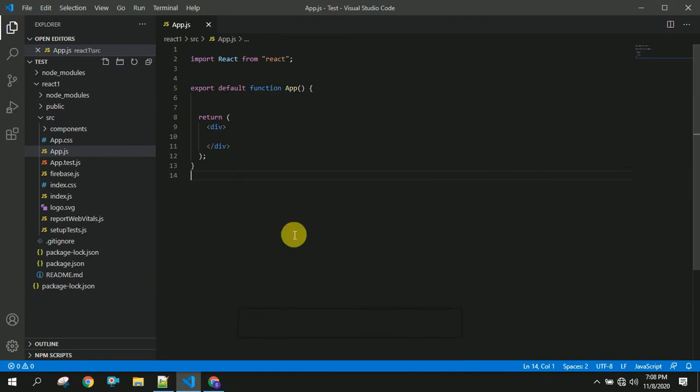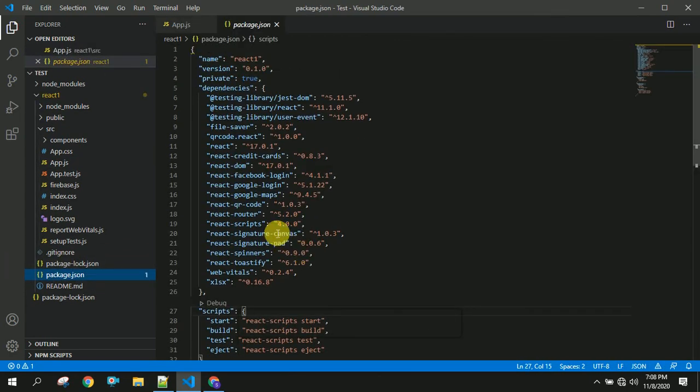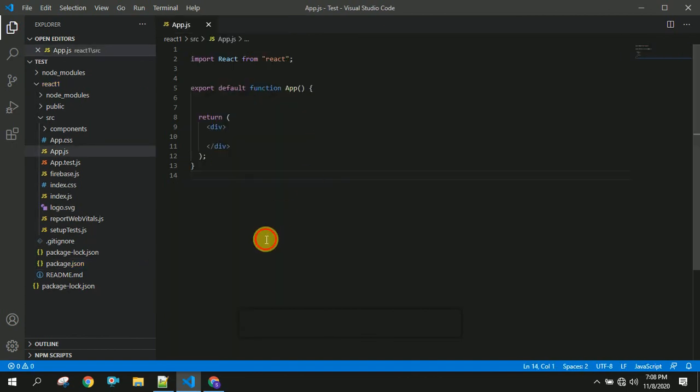Our package got successfully installed here. Let's verify by opening package.json, and if you see here, you can see react-credit-cards version 0.8.3. So our package got successfully installed, and let's move to the coding part.